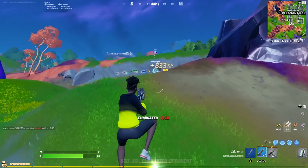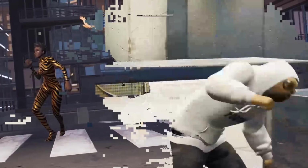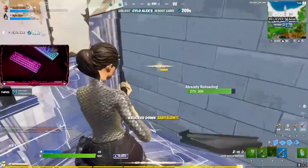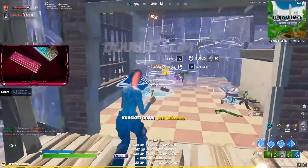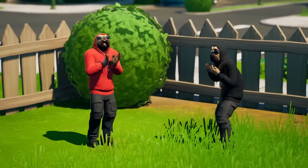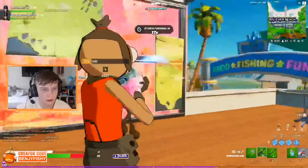But if you're trying to spend in the thousands range, get the Balenciaga skins, because you can pick these up for up to 1500 V-Bucks each. And that's not too bad compared to the real Balenciaga stuff, because they charge like $600 for a basic shirt. And with these skins, the only ones that Sweats use are the girl Balenciaga characters, because the boy ones honestly look like meme characters. But that being said, not all meme skins are newbie, because Sweats are loving the tuna